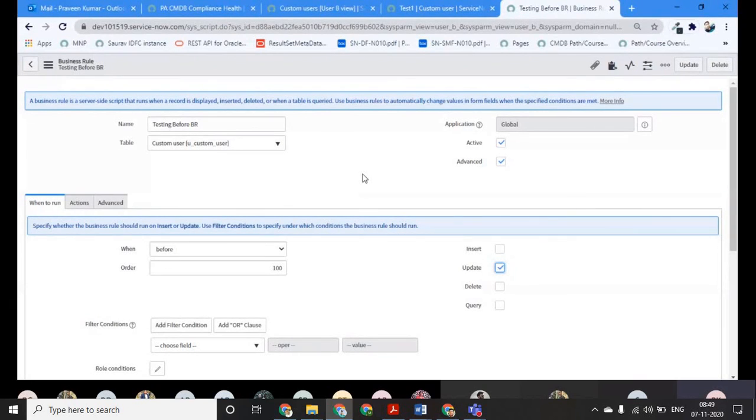Guys, anything you want to ask? So, no questions from anyone. Okay. So I think Praveen, the document which you were using right now, from where you were finding all the glide methods, could you just tell me how to get there? Because I am using the ServiceNow community. Okay, I will put that URL on the chat. Okay, thank you.